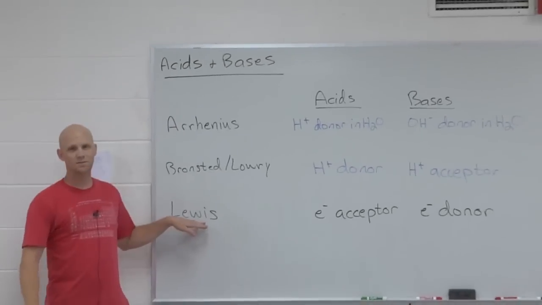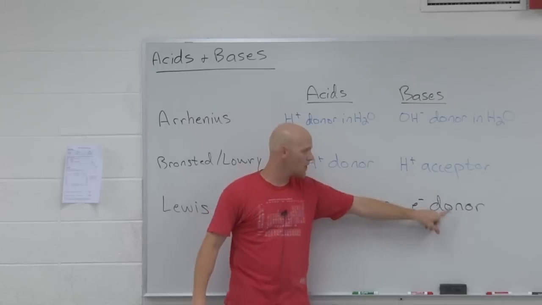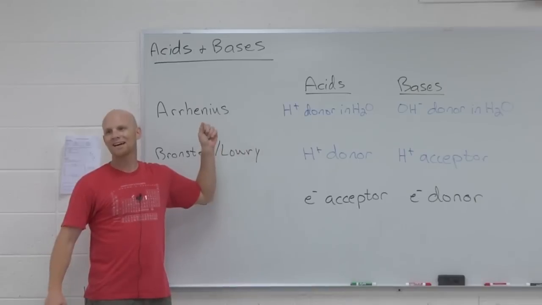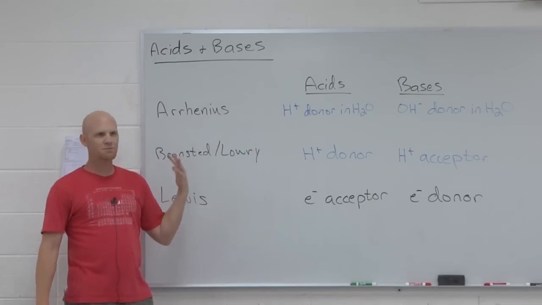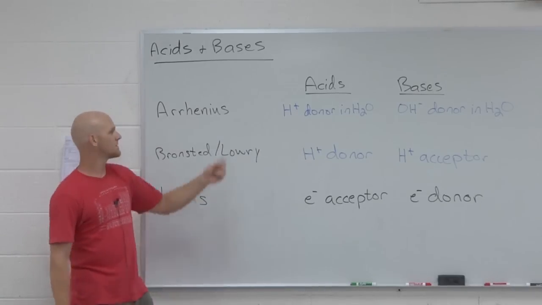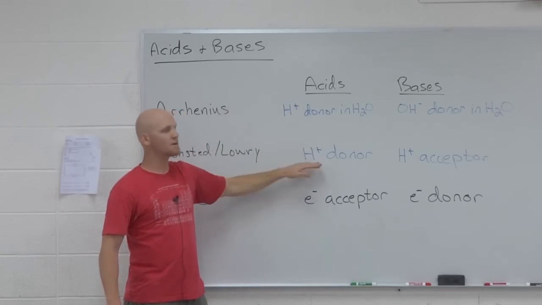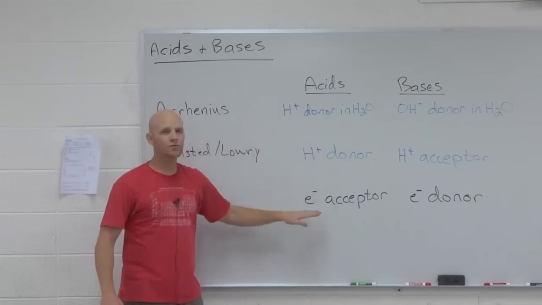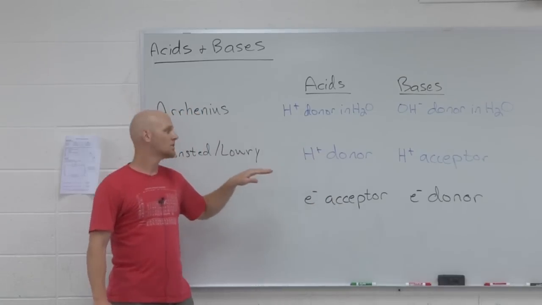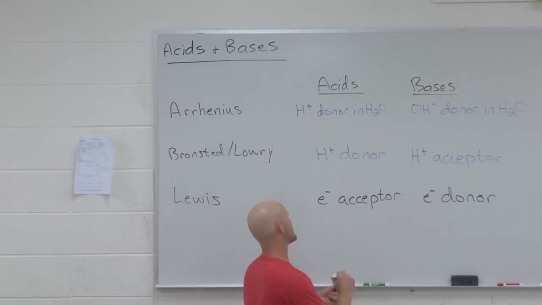So it turns out Lewis has the ultimate definition. Every single acid will always satisfy that definition, and every single base will always satisfy that definition. Now Bronsted and Lowry, their definition worked like 95% of the time. But 5% of acids and bases don't fit their definition. It only fits the Lewis definition. And then Arrhenius's was the most incomplete. But every Arrhenius acid will also be a Bronsted acid, and every Bronsted acid will also be a Lewis acid. But you should know a few of the Lewis acids that don't qualify under the other 2 older definitions that are a little incomplete. And you'll see things like